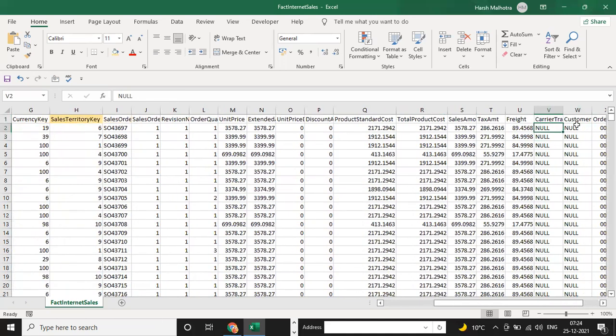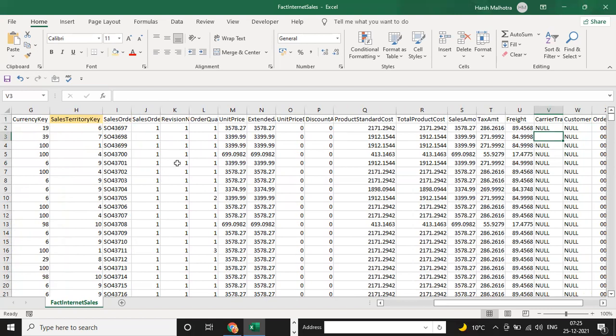Carrier tracking number is null means there is a zero. See, if you have multiple data and any value, suppose here is 0, it means not 0. Suppose this column is blank. If you select this blank column, it will automatically show in Power BI as null.